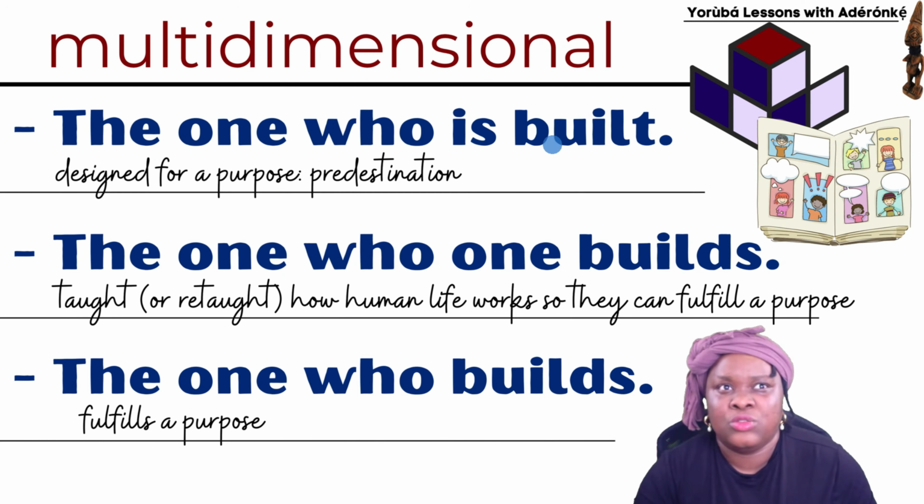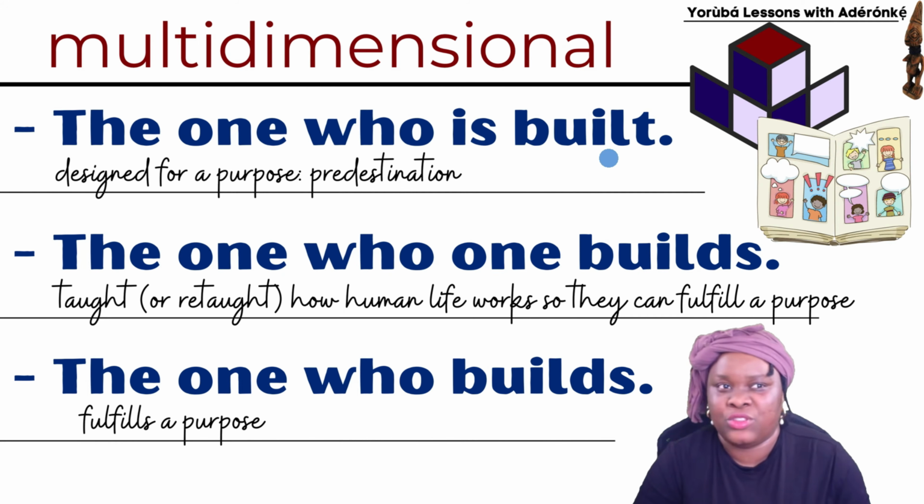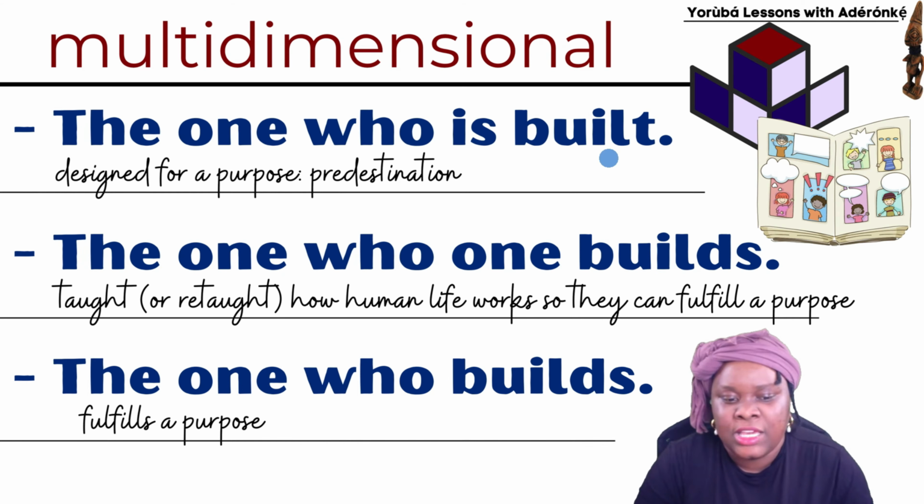If you say the one who is built, then you are acknowledging that the child is designed for a purpose, that there's a predestination aspect to the child. And it's obviously seen in our philosophy. We do akosejaye or esentaye for children that are birthed. More commonly back in the day than now, because people are